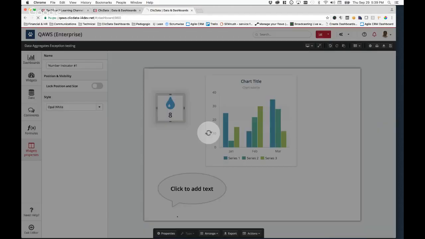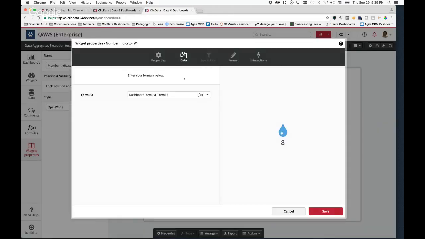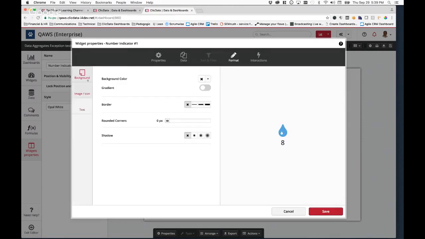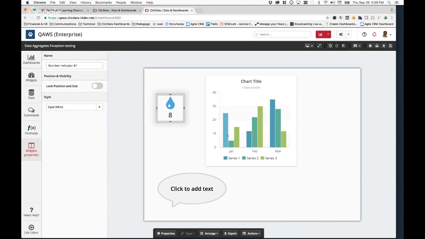We did not have this pop-up here, but we ended up having so many properties, specifically when it comes to formatting and styling, that the pop-up really focuses your work. But it's silly to have to open the pop-up each time just to, for example, change the name of this. I don't want number indicator anymore. I just want a ratio. And just to change that, I wouldn't have to open the pop-up each time and change that.